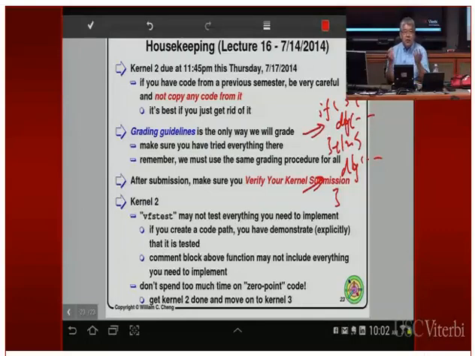Okay, so, you're doing the kernel code, you shouldn't write a bunch of garbage code in your kernel. You have to make sure that the kernel that you write, we want to see that you have tested that code. Therefore we make this requirement so that for every code path, you have to declare that you have tested it somehow. This is the way you declare it. If you run a certain kind of test, then this will be tested. If you run a certain other kind of test, then this code will be executed.